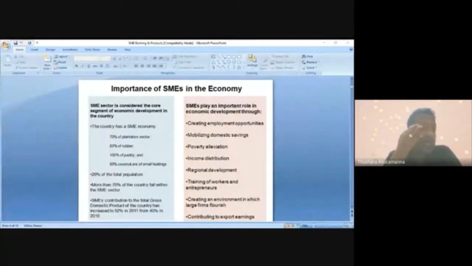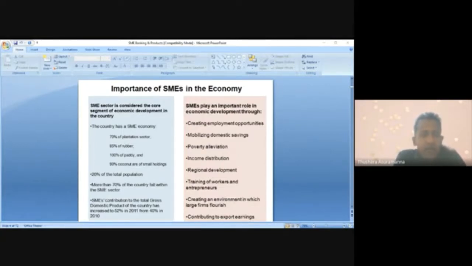Right. So this is again a very important slide, because we see so many questions on the importance of SMEs in the economy. When it comes to microfinancing, the examiner could ask why microfinancing clients are important to an economy like Sri Lanka. When it comes to SMEs also, they might ask why SMEs are important to the economy. So let's have an idea about some background to the SMEs.